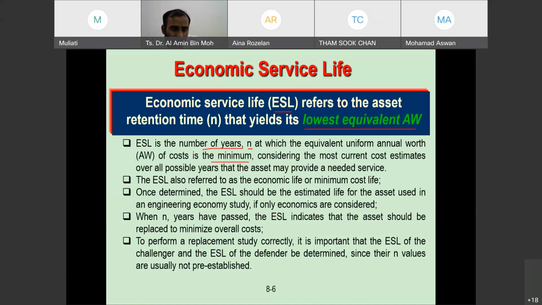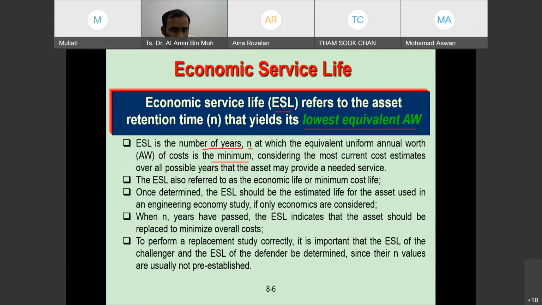So we are going to calculate the AW. You may have N from 1 to 10. We're going to see at which N, which year, the AW total cost is the lowest. That is going to be considered as the ESL,